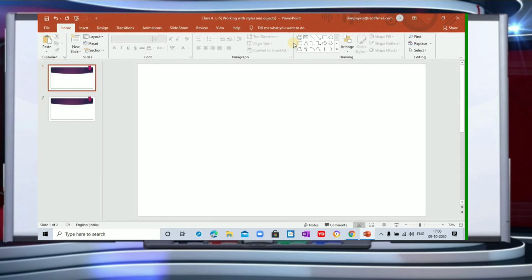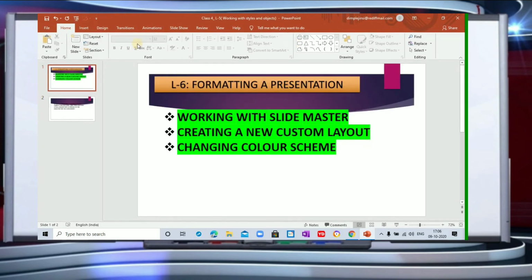So if I close it, now you can see whatever effect and formatting feature we applied in Slide Master is applied automatically in these two slides. So this is the beauty of this feature.